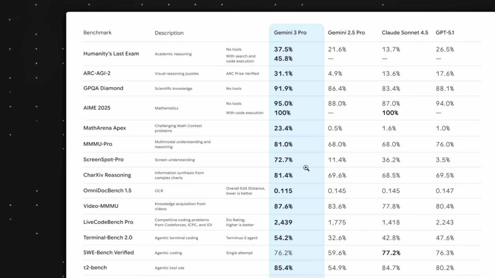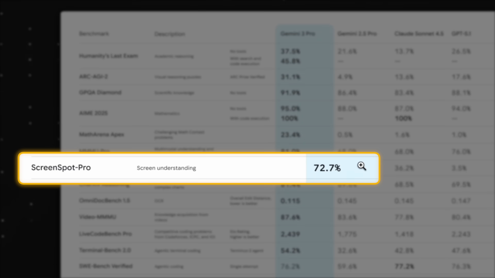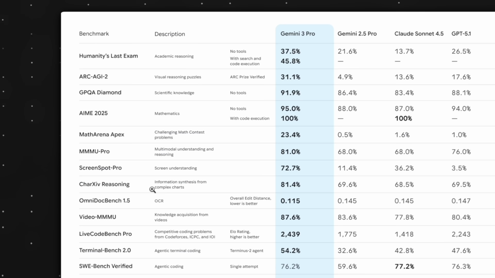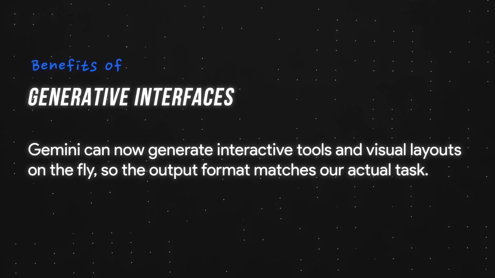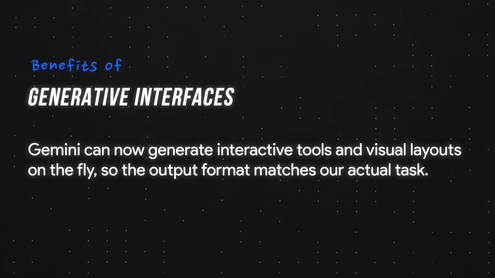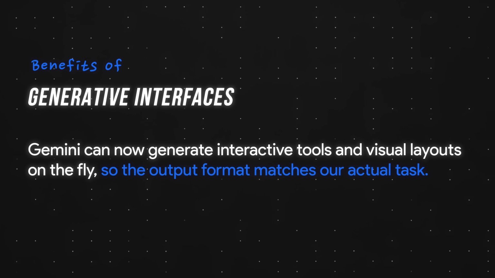But in this case, I do need to recognize that Gemini 3 scored a whopping 72.7% on the Screen Spot Pro benchmark, which measures screen understanding. And if you compare that to just 11.4% for the previous model, you can see the massive leap in its ability to understand user interface layouts. In simple terms, Gemini can now generate interactive tools and visual layouts on the fly, so the output format matches